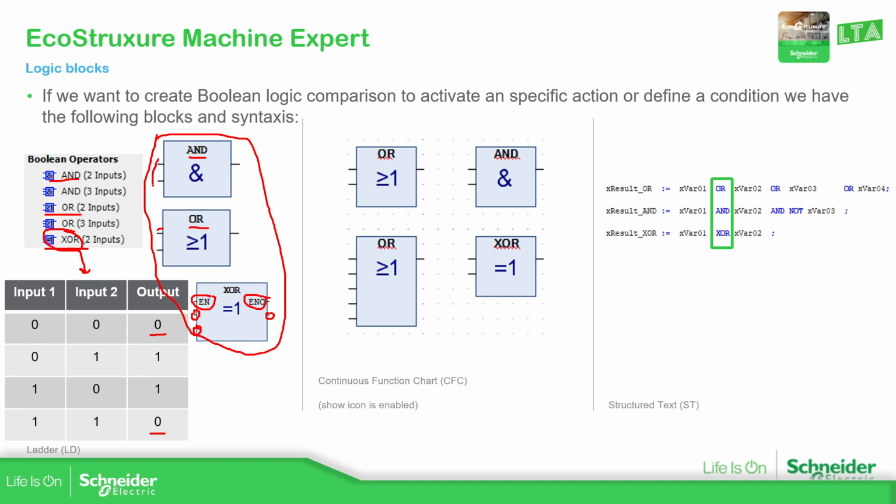You can see that all the inputs that we have on these function blocks are Boolean variables, and the output is going to be generated based on the condition that we have, and the output type will be Boolean. Now, if we go to the CFC, we have the possibility to visualize the icons. It's not mandatory. In this case, it's already enabled. And you also have the possibility to add additional inputs, as you can see over here. You also have the possibility to add the enable input and enable output on the code. So if we take a look now at the software,